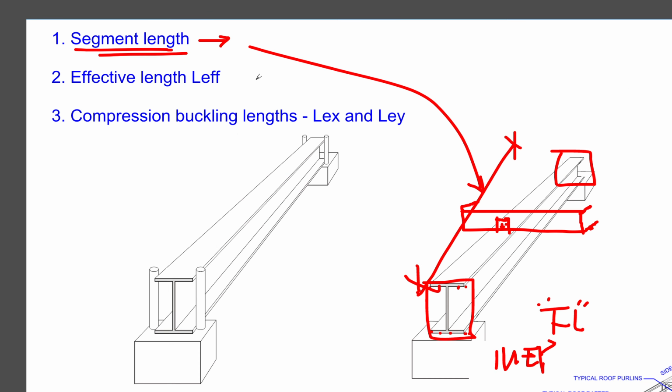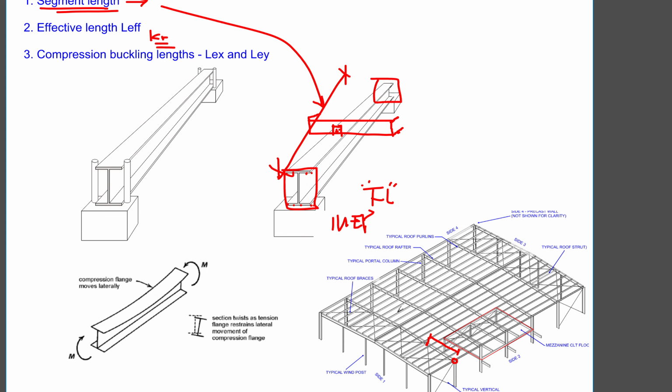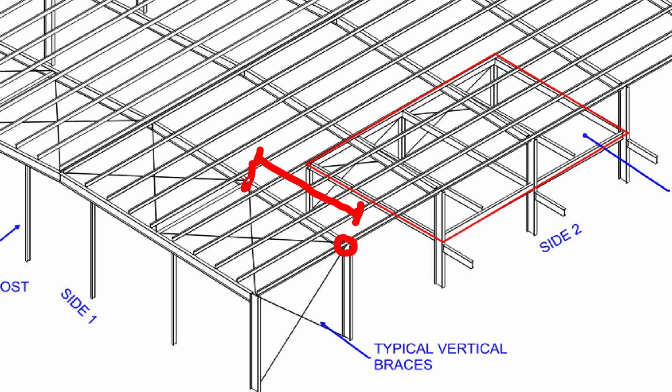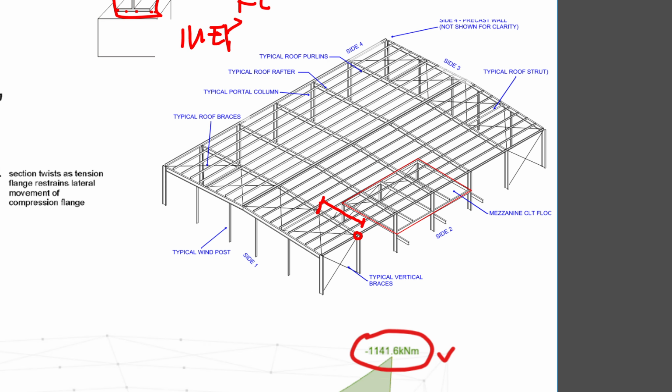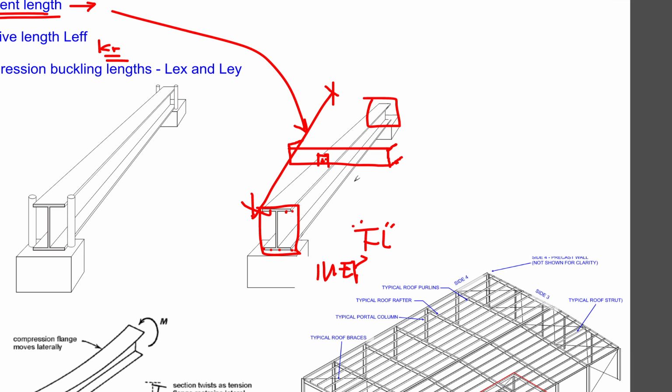Next is the effective length. The effective length is something that reduces your segment length, because it has a reduction factor called KR. Meaning, if you have really good restraining boundary conditions on your member, on your segment,